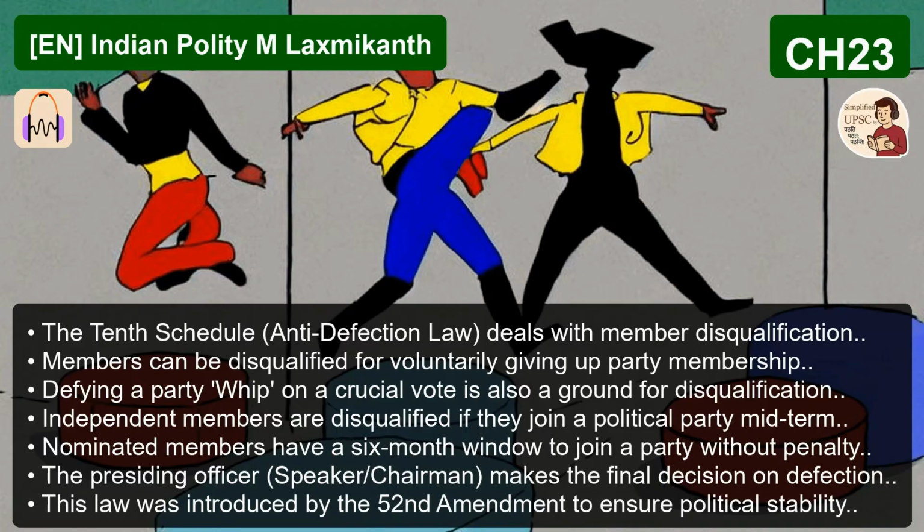Now, since it's a continuing chamber, how does its tenure work? How do you ensure continuity but also have democratic turnover? Its members have a fixed 6-year term. But crucially, approximately 1/3 of its members retire every 2nd year. This staggered retirement process ensures that there's always a 2/3 majority of the House that possesses institutional memory and experience. So it maintains its continuous nature even as members change.